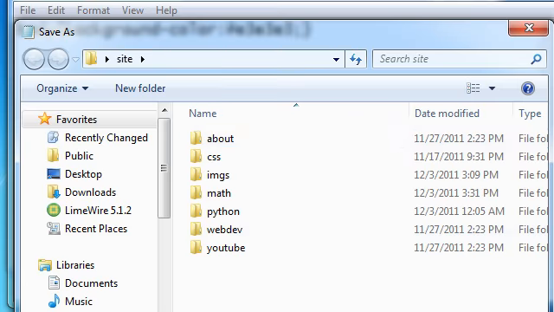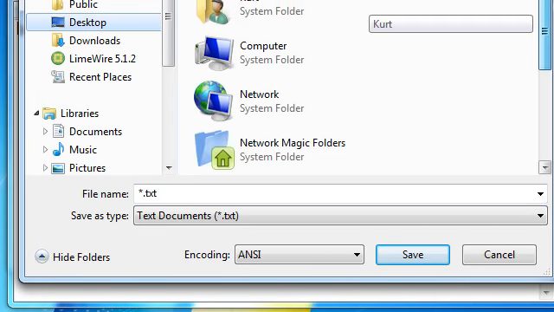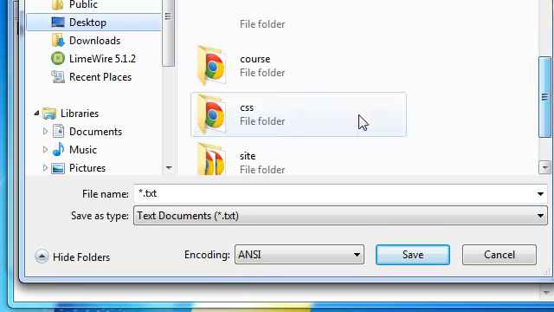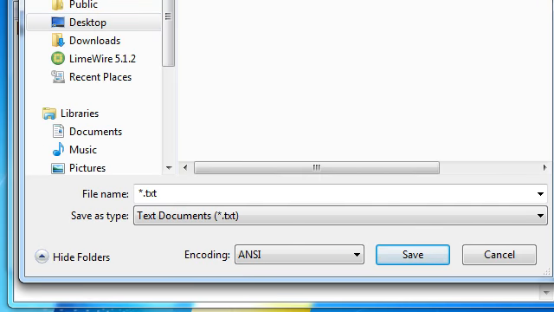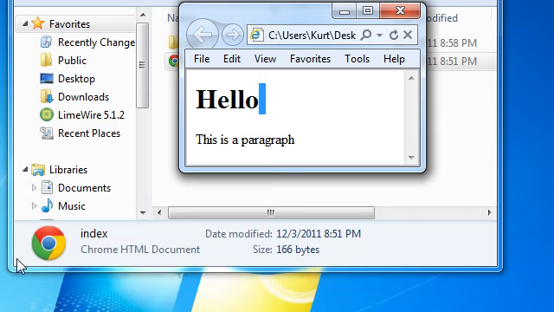So Control S to save that, and we will go into our desktop and then into CSS. And now we will go into the CSS folder. Within that, save as type all files, and then we will name it core.css because that's what we specified in our index page. So enter. Now if we refresh our page in Internet Explorer,